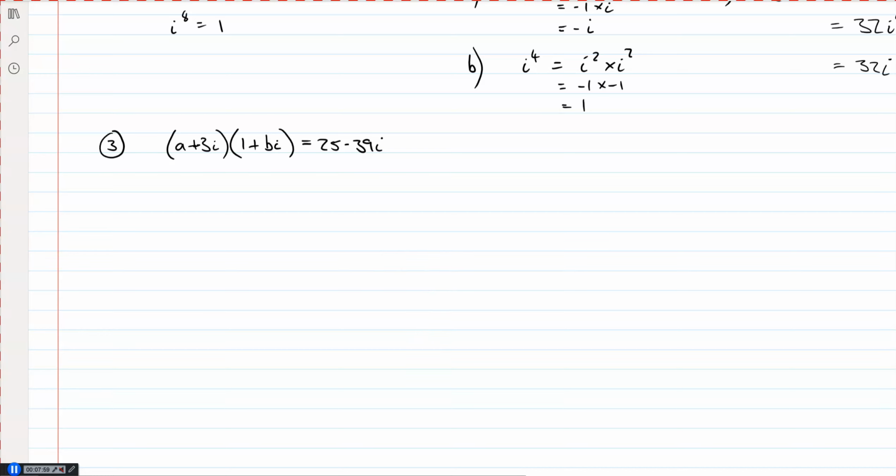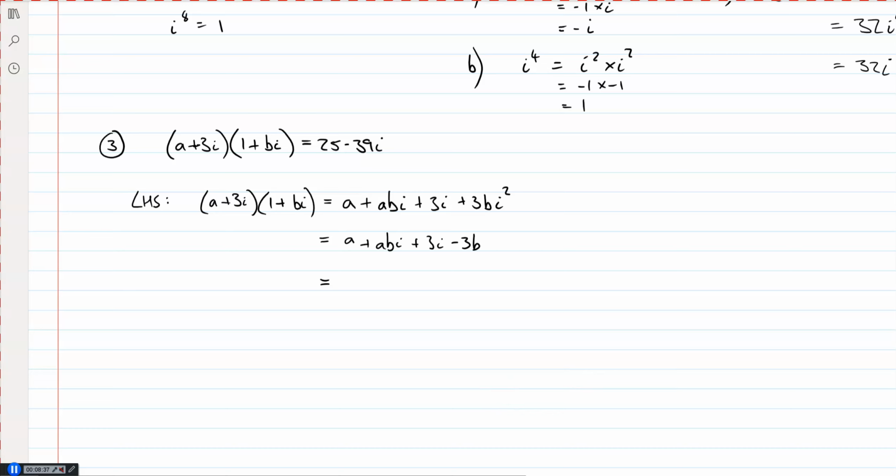So the only thing we can really do here, if we look at the left hand side, is that we can multiply this out using our new skills we have learned. So a times 1 is a, a times bi is just abi. 3i times 1 is 3i, and 3i times bi will be 3bi squared. If you're getting better with this, you can go straight to minus 3b, because the i squared is minus 1. So let's write that. So i squared is minus 1, so this is minus